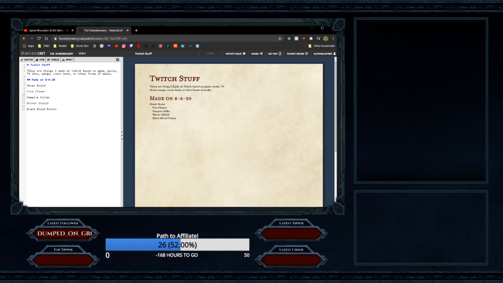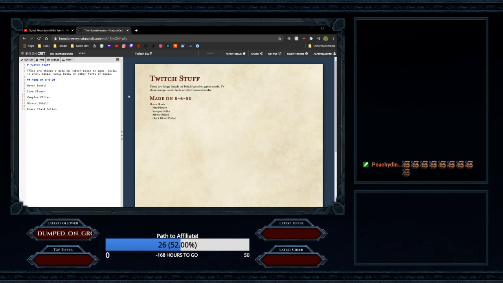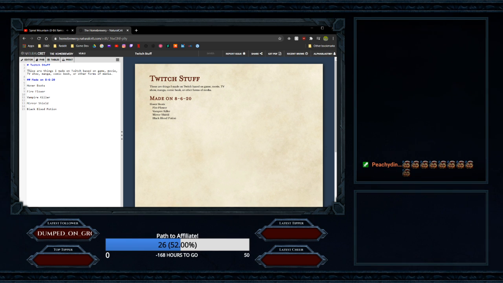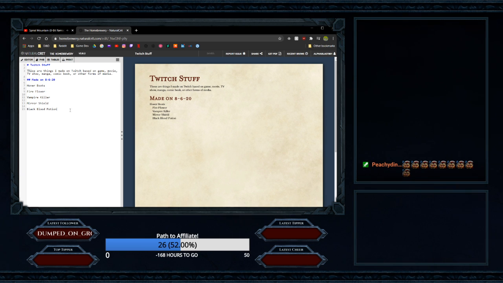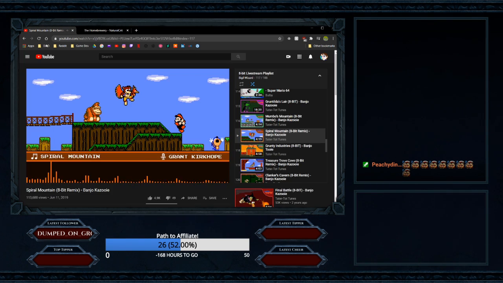So yeah, this is just called Twitch stuff. I decided to take like 5 random pieces of whatever from a whole bunch of different media. What we're going to be working on are the hover boots from Ocarina of Time, Fireflower from Mario, Vampire Killer from Castlevania, the Mirror Shield from Zelda, and the Black Blood Potion from